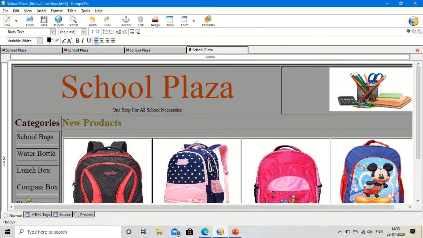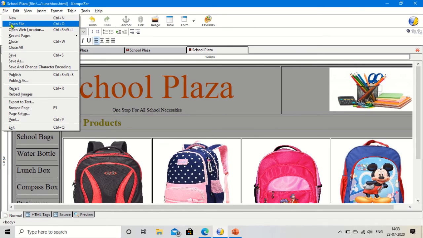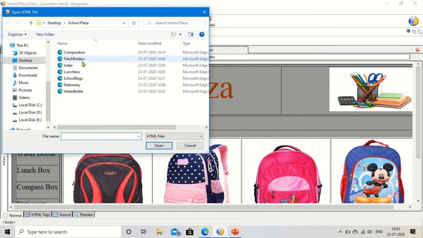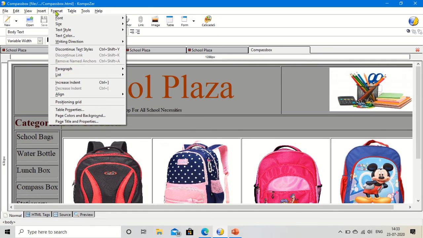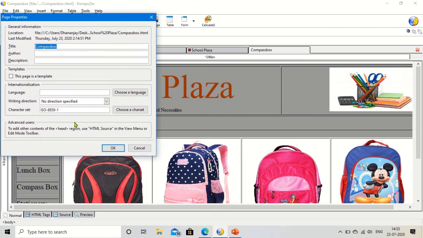Then go for changing the title for compass box. Similarly, go to the file, open file, and then click on the compass box, and now you can see the title is compass box. I need the title School Plaza. So go to the format and click on the page title and the properties.